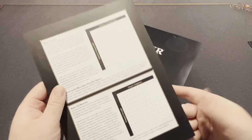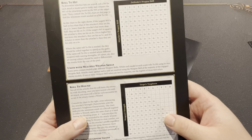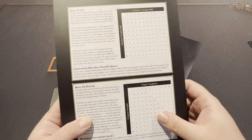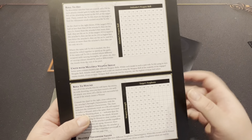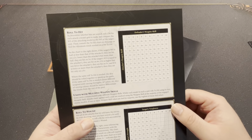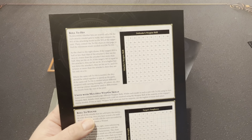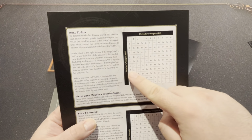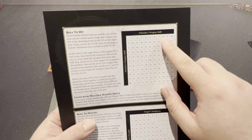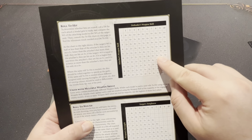I don't like the whole weapon skill charts anymore. I don't like these, and I don't like these. I don't necessarily think they make much sense. But maybe the weapon strength and toughness, maybe. Obviously, in 9th edition, it's a little bit more basic than that, and that's not too bad. But I'm really not a fan of the weapon skill stuff, because, for example, I know for a fact that Reboot Gilliman has a weapon skill of 7, and I know that Lehman Russ has a weapon skill of 8, which, yes, fair enough. Obviously, Lehman Russ is a better fighter, but it means that